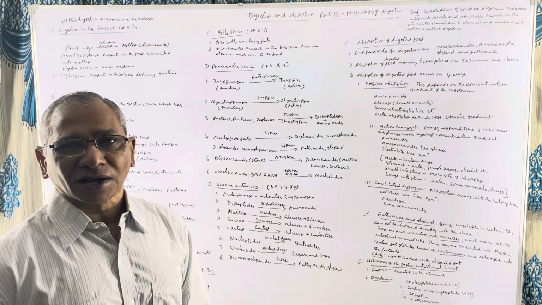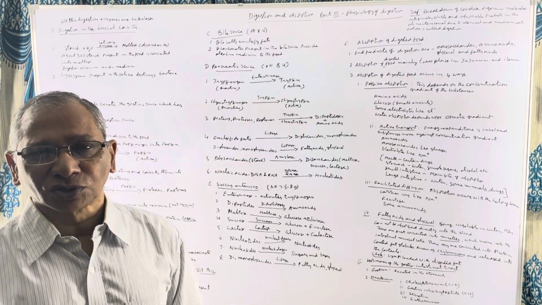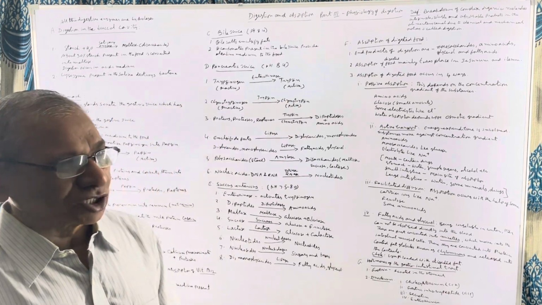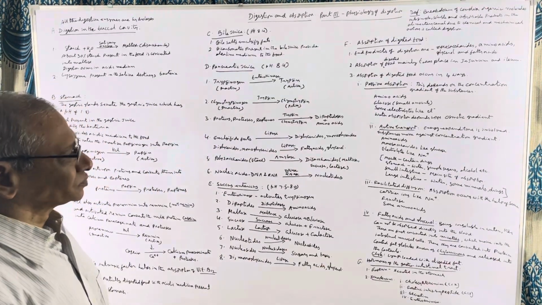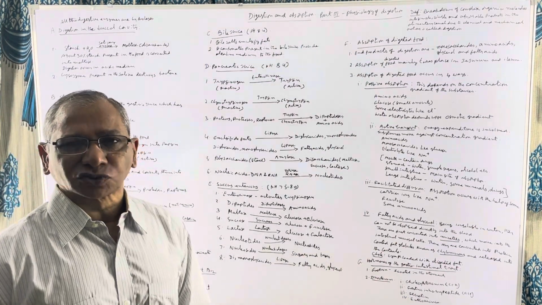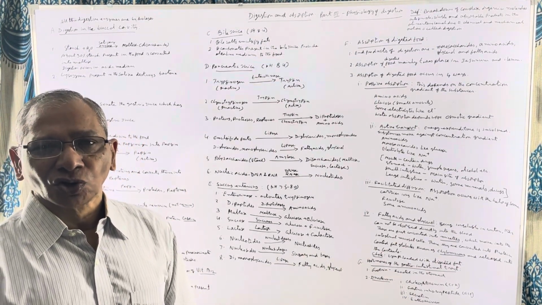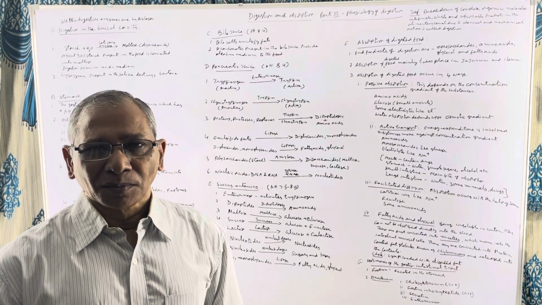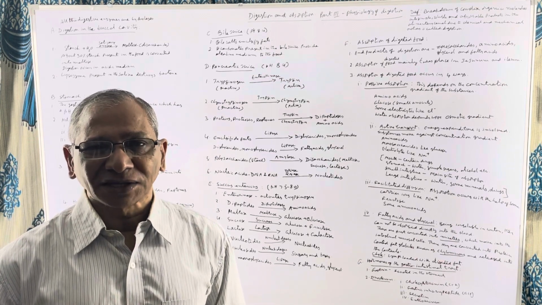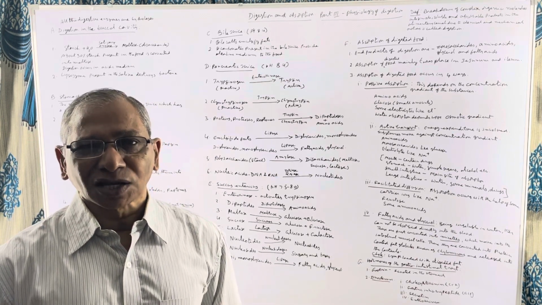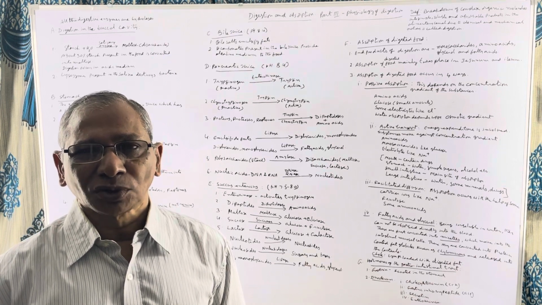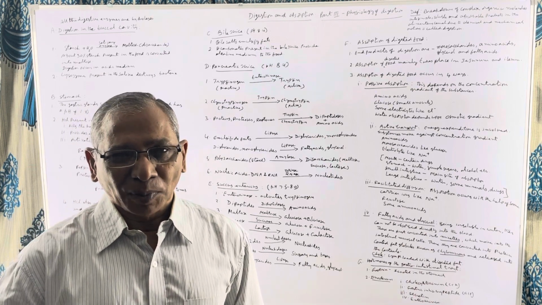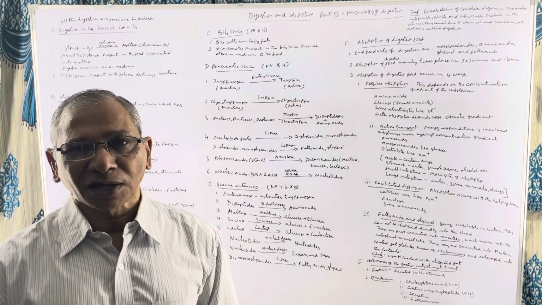That means the complex organic molecules are broken down into simple substances that can be absorbed into the blood and used in various metabolic activities. In the digestive system, food is subjected to two types of actions. Mechanical action, that is mastication in the buccal cavity with the help of the teeth, churning movements in the stomach, and also peristaltic movements in the intestine. All these processes pulverize the food into small pieces or bits.